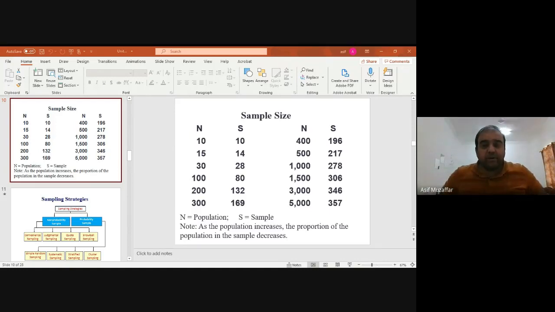This is sample reliability. What does it mean? You make a sample, you choose different students, and I choose different students. But if our sample is reliable, then our results will be the same. That means our sample will truly represent the whole population. It's not like you will write in your research paper that my sample was different, so my results are different. No, your sample results should be applicable for the whole population. Please keep this in mind.